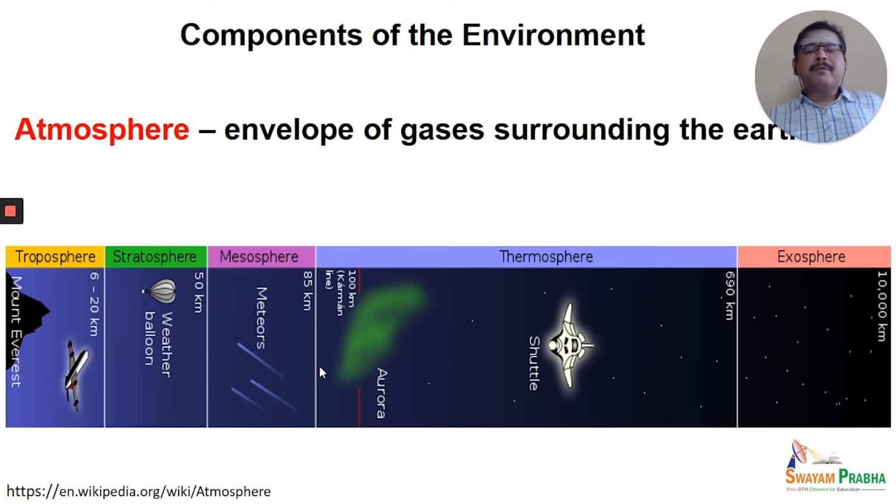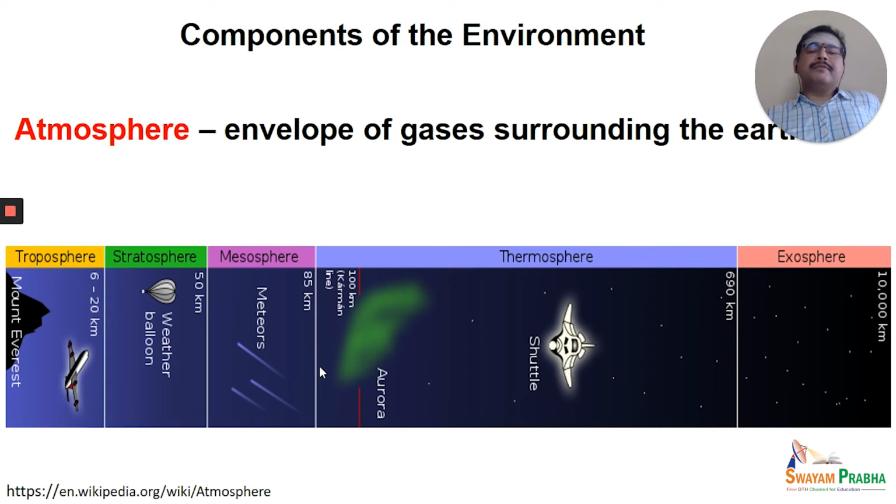When you say envelope of gases or a protective layer of gases, immediately we remember one thing from the atmosphere, that is the ozone layer. The ozone layer acts as a protective shield against the harmful ultraviolet radiation coming from space. If those ultraviolet radiations are not filtered, it leads to cancer. And since we are saying it is an envelope of gases, the immediate question is, what is it composed of?